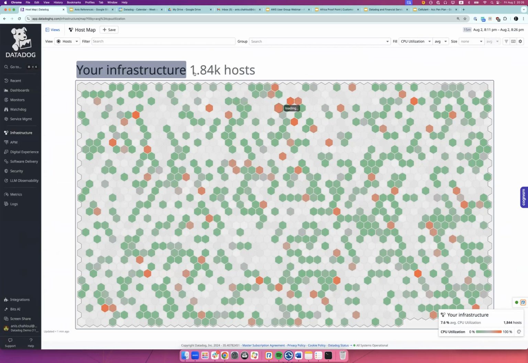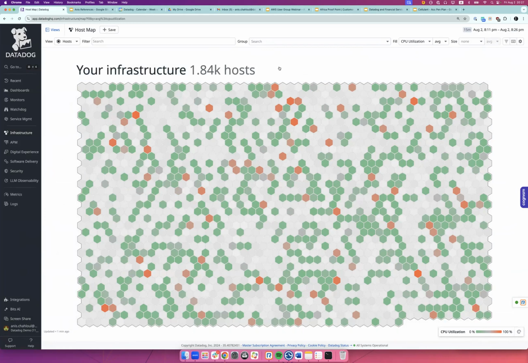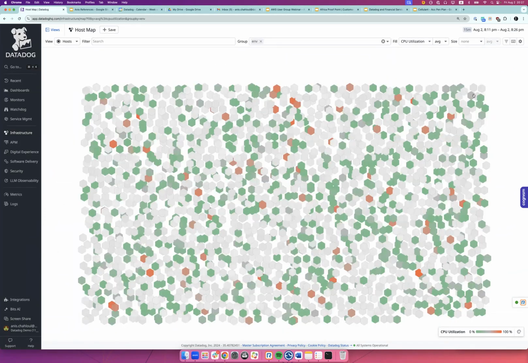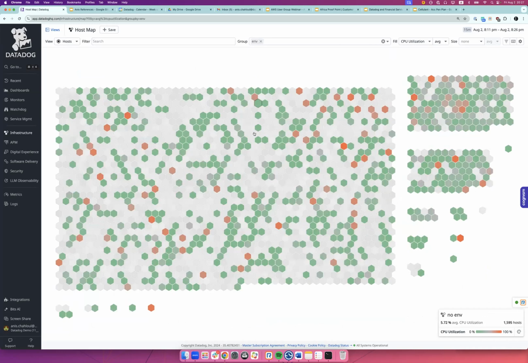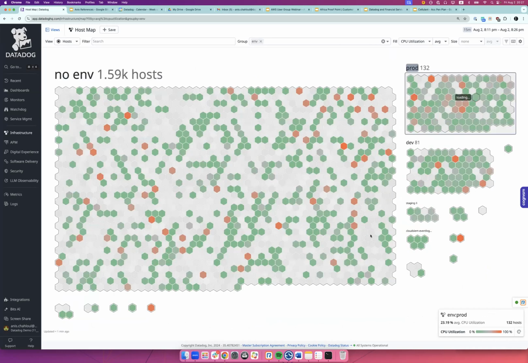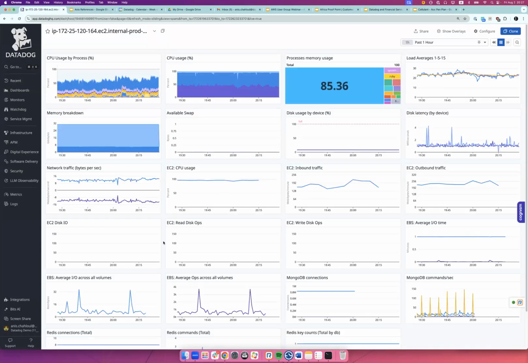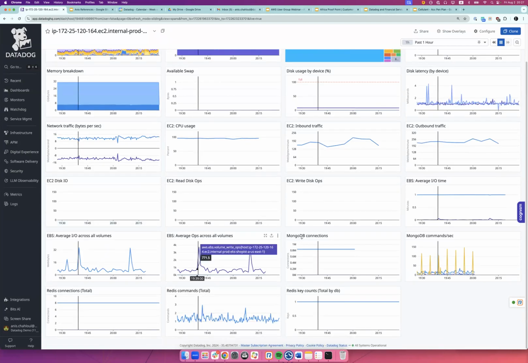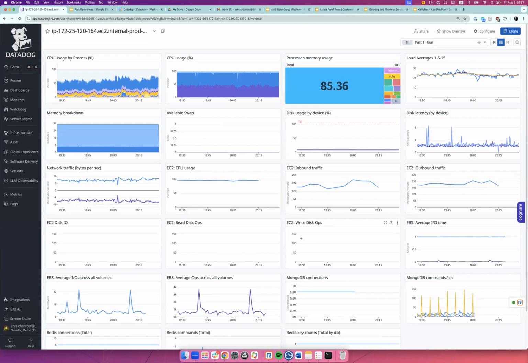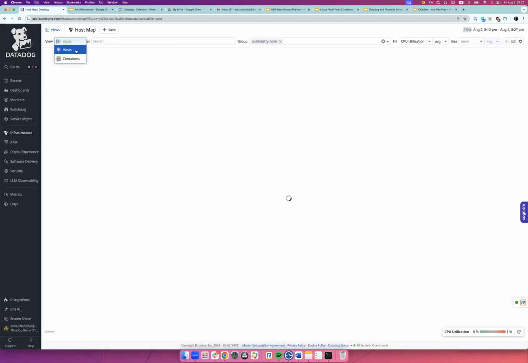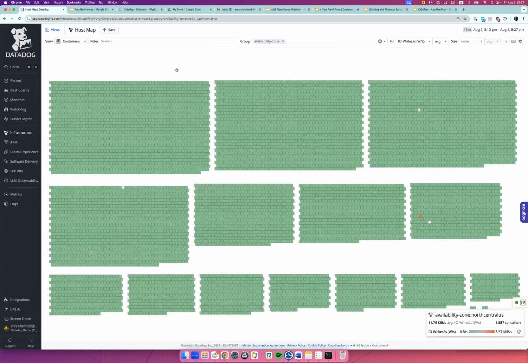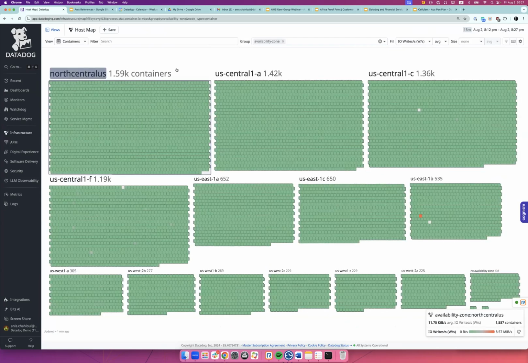So I can go in here and see a lot of hosts that I have in the demo environment. You can group them. You can say, hey, I want to focus on my production environment. I can see over here there is a high CPU utilization host, very fast. As you can see, in a few clicks, I can understand what's happening. I can open a relevant dashboard for that particular host and see exactly what happened in this particular, let's say, EC2 instance. It can be a container as well. So not only will you have the view from a host map perspective, but also of the containers, especially in containerized environments leveraging Docker, Kubernetes, ECS, etc.